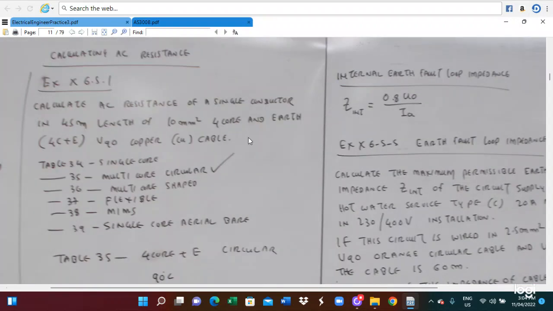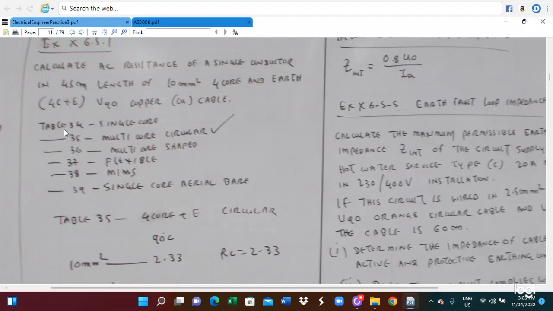So we have to calculate this characteristic AC resistance. We need to calculate the characteristic AC resistance of the single core conductor in the 45 meter length of the 10 millimeter square 4 core and earth cable, so 4C plus E, V90 copper conductor. In this case, there will be table 34 single core, table 35 multi-core circular shape,